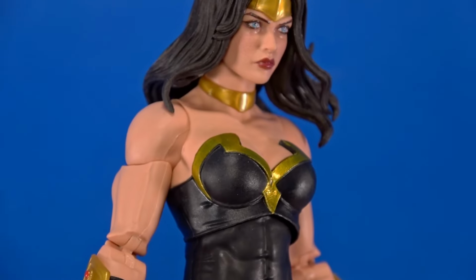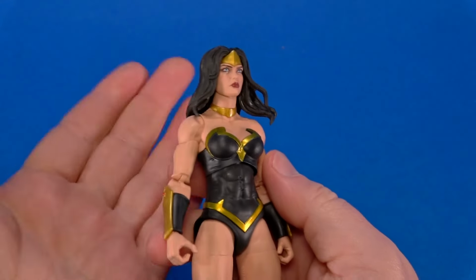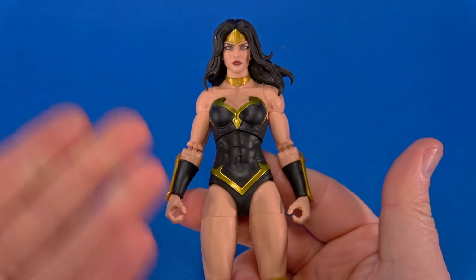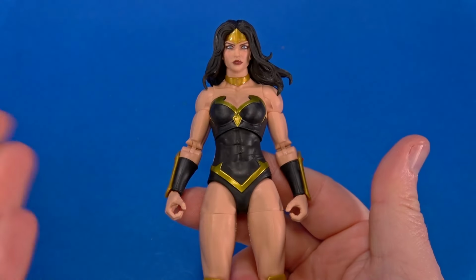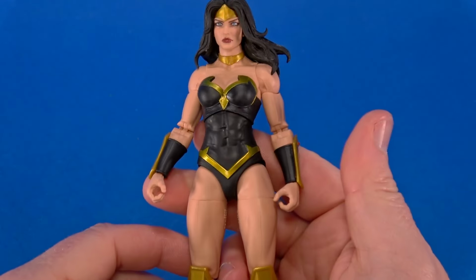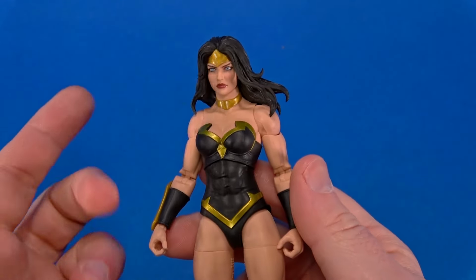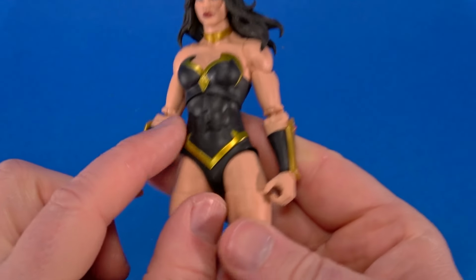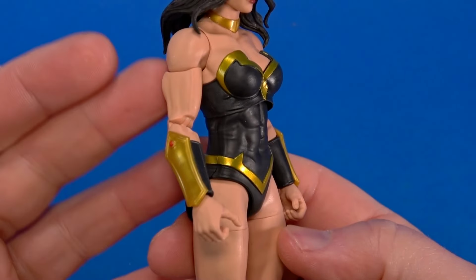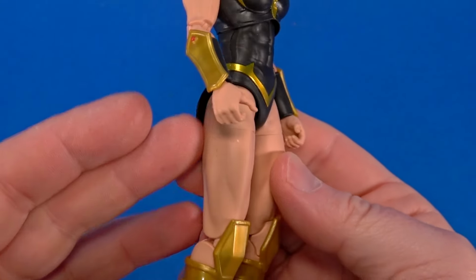Again, a little extra detail goes a long way. And that catches me off guard because my brain usually goes to what else can a new body be reused for? And in this case, well, I guess I could take those off, but can't take those off. That would be a whole new upper body. And then this would be a whole new lower torso, the top of the arms and the top of the